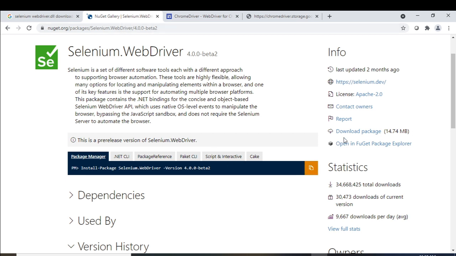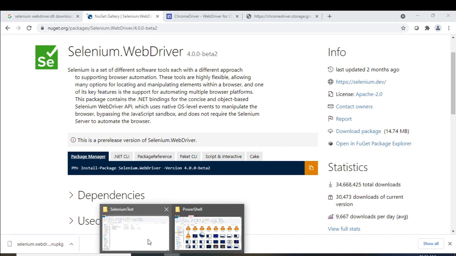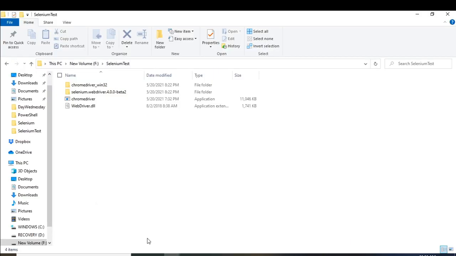Okay, so you just go there and click here, and you can see that it has started downloading. It has been downloaded, and you'll have to unzip it. It will be in zip format actually, and after unzipping you will get the content.